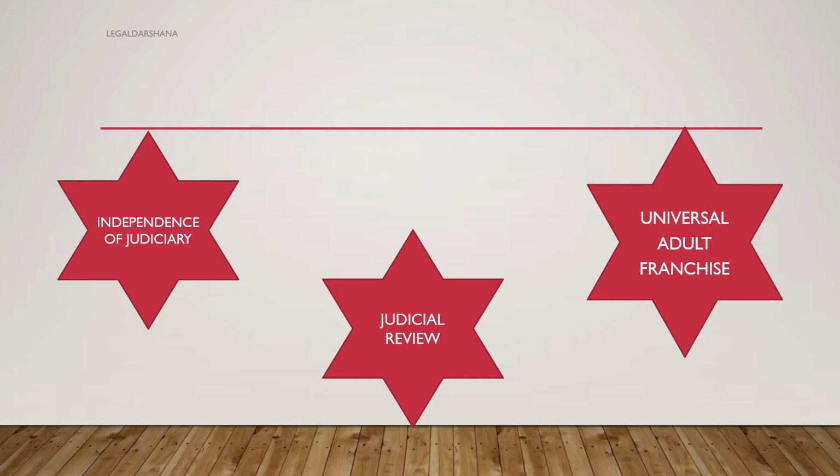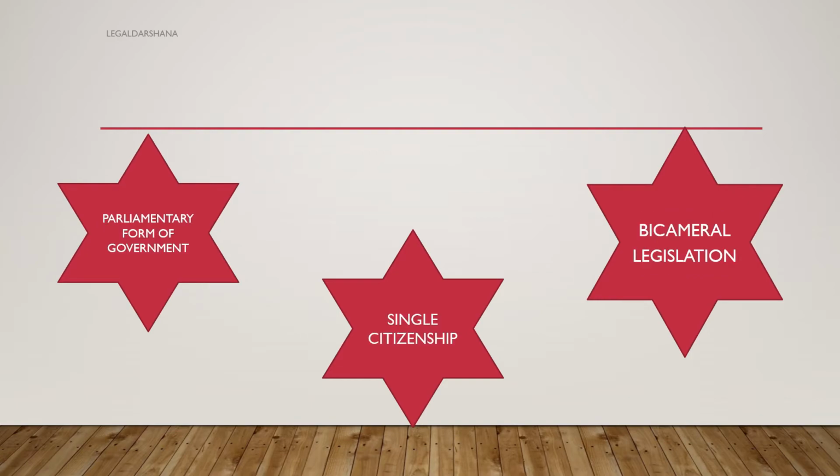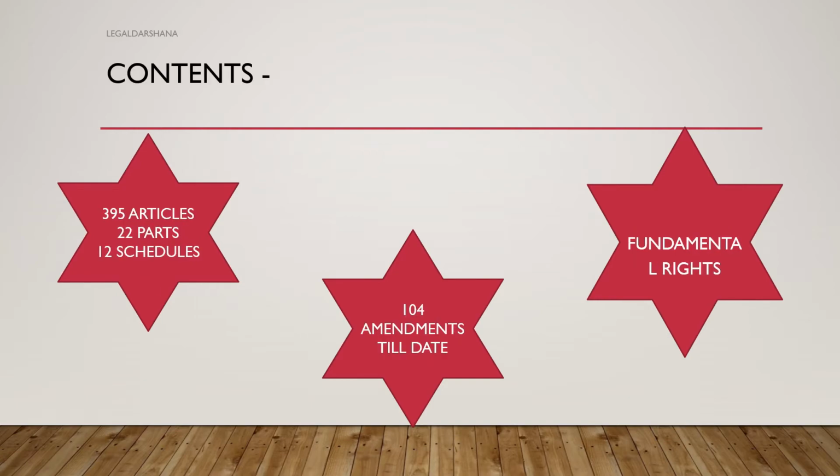Coming to the content of our constitution, the constitution has 395 articles, 22 parts and 12 schedules. It has been amended 104 times till date. The Constitution contains fundamental rights in Part 3. Fundamental rights are the specific rights given to the people: right to equality, right to worship, right to move, right to study. The violation of these rights may be claimed in a court of law in the very first instance by filing a writ petition under Article 32,